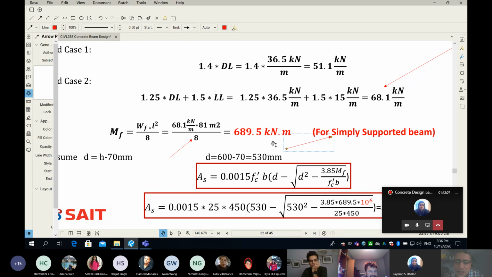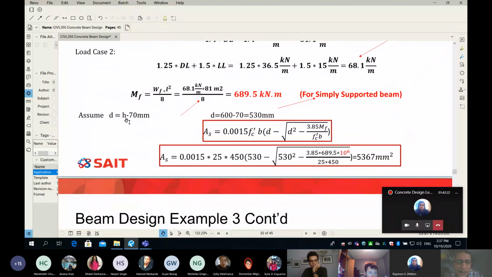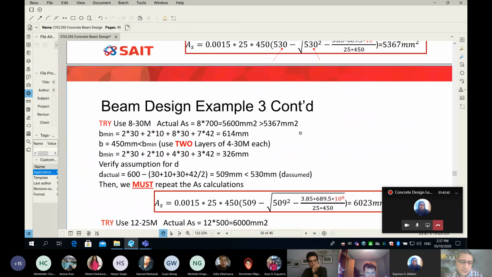Okay? Simply supported beam. So you can see now the moment on this beam will be 689.5. And then once you do that, you follow through. So you go ahead from your H, you take 70 as assumption, and you got 530. Use your design equation based on 530, not based on 600, and then you get area of steel of 5367. Okay, now,